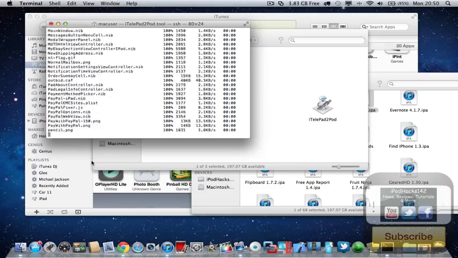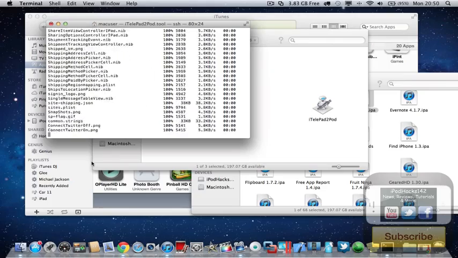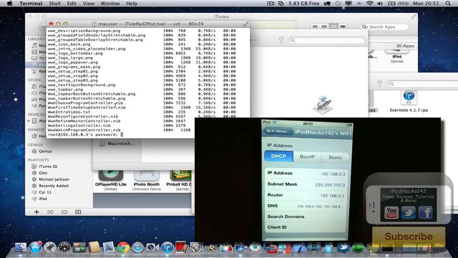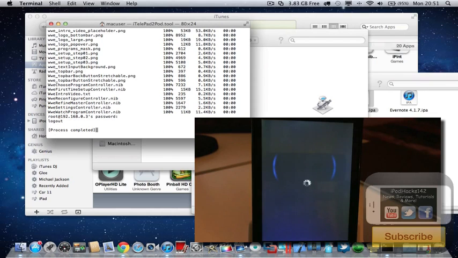This will take maybe a few minutes depending on your Wi-Fi speed, but you can see it is doing it. Don't be afraid about this. It's going to ask you for a password again, so just type in Alpine if it's that password, and then press enter. Then your device will automatically respring like this. That's what it's meant to do, don't worry about that. Do not touch your device while this process is going on. You can, but if you do that,